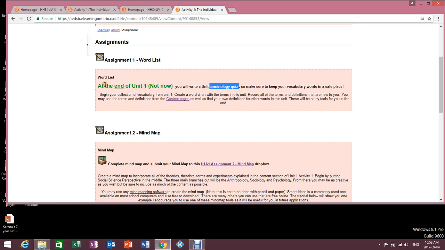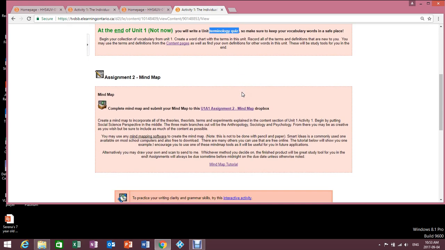Okay, I am not going to be marking your vocab. Okay, that's completely up to you how you go about that. You're not going to be handing in any vocabulary, so you don't have to make it look nice and pretty. Okay, it's up to you how you do that. Just know that at the end of the unit there are going to be some terms that you're going to be quizzed on. Okay, so make sure that's for the entire course. Every single unit you will have a terminology quiz.